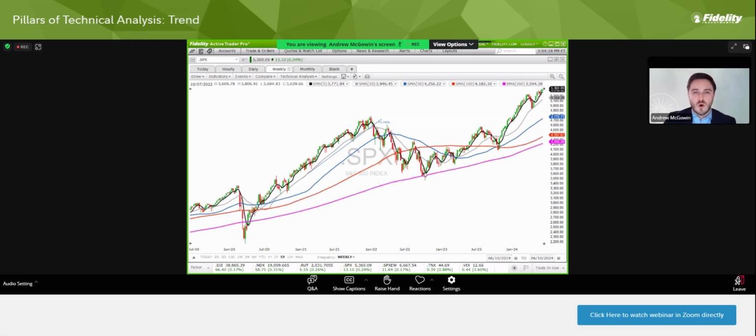So even if you are a longer term trader, maybe we can just use this as a way of managing risk. That, again, is what I tend to liken a lot of trend following to, especially on something that you would prefer to be in more often than not, but you want to avoid some of the major drawdowns. Well, by having some sort of lens of that trend at any moment in time, we can allow ourselves to get out of a stock, ETF, index, or what have you,